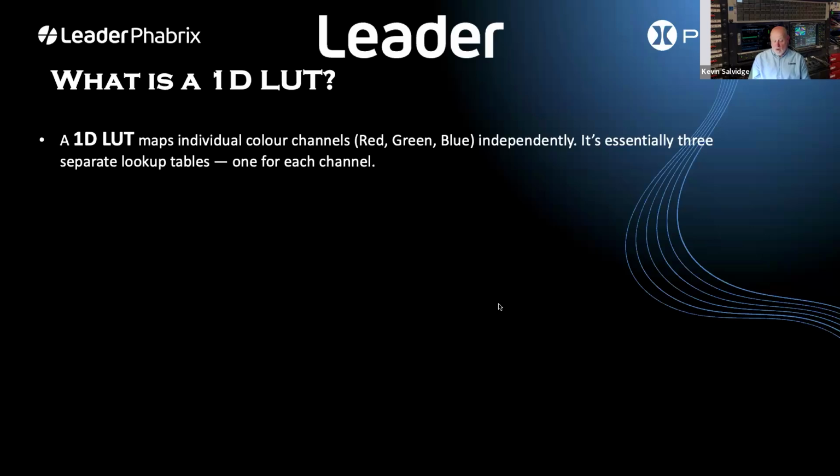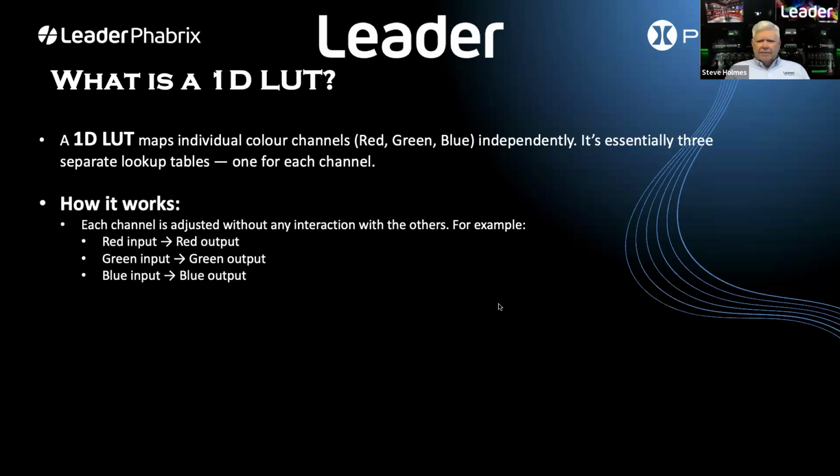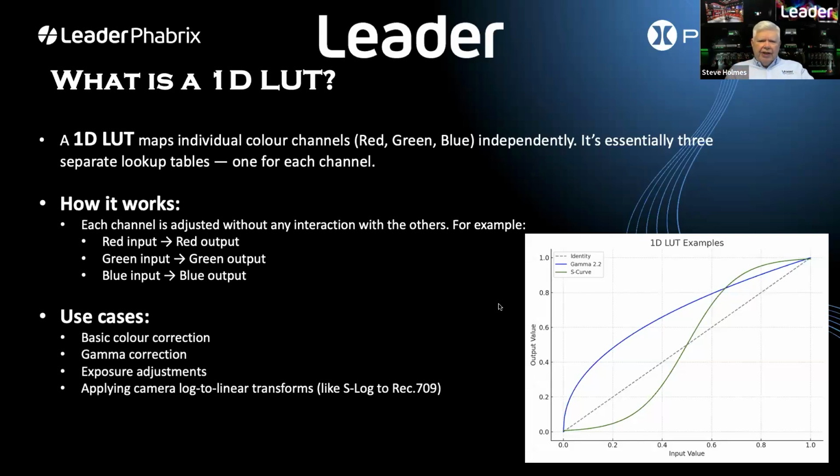And the first one of those, Steve, is a 1D LUT. Yeah, a 1D LUT actually just works on either red or green or blue independently, and there's no correlation or anything that happens between the colors. And we live in a world where the three colors are there together, and it's best if we can deal with all three of them together. And a 1D LUT works great for Luma, but for color,